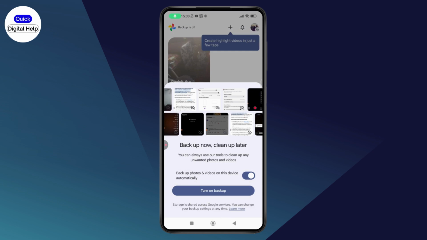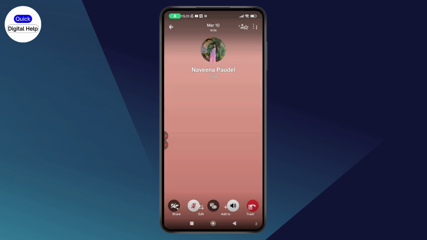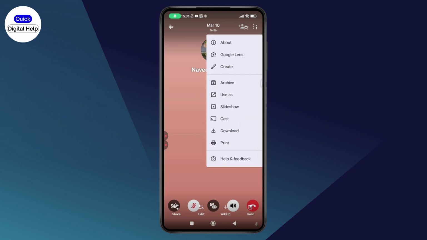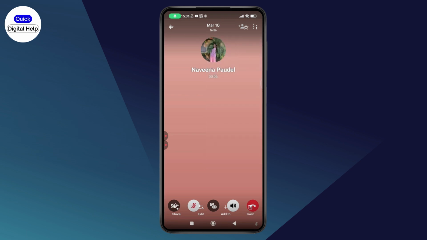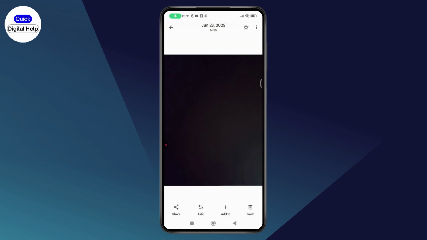Now, after opening your Google Photos, you need to simply go and select the photo that you would like to download. Go with the three dots which will be in the top right, and then you will have an option of download, or just simply swipe up and you'll get this kind of interface and you'll be able to download it. But if you don't have an option to download, then it means that the photo is already present